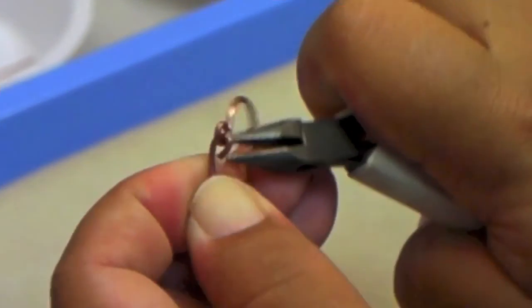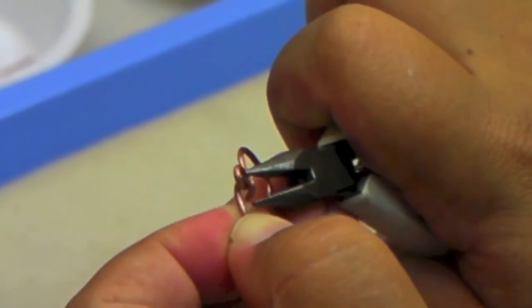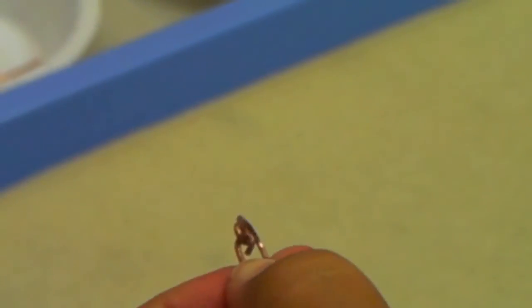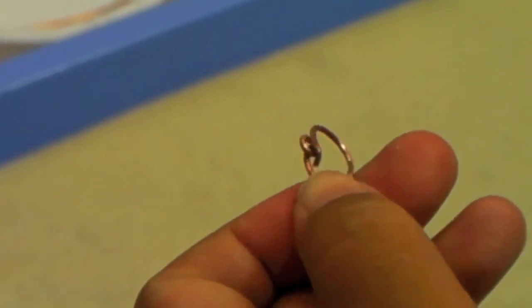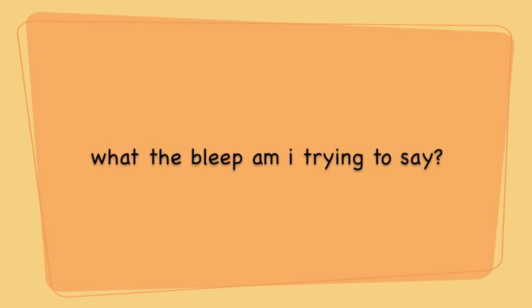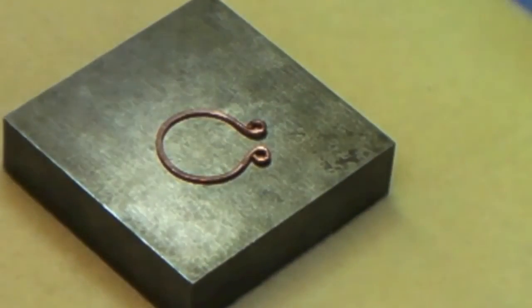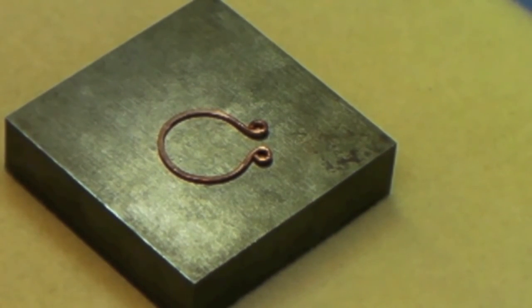I can use my chain nose plier to give it a little bit of a squeeze. We're doing this so that the bottom curve gets enhanced, and as the curve gets,